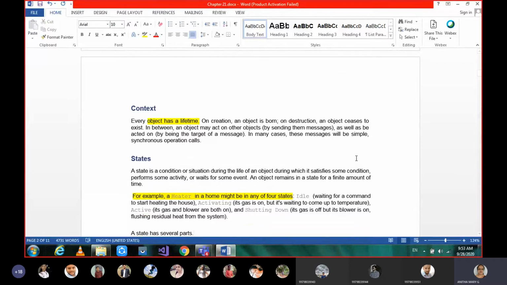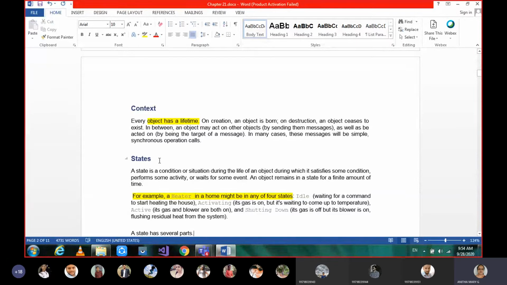In what context will we come across state chart diagrams or state machines? In the context of the object lifetime. Within the lifetime of an object, the different states of an object can be captured or shown using state machines. So that is the context.